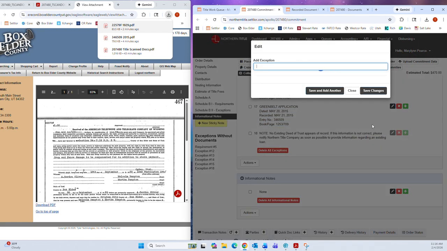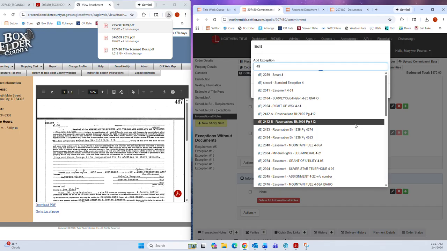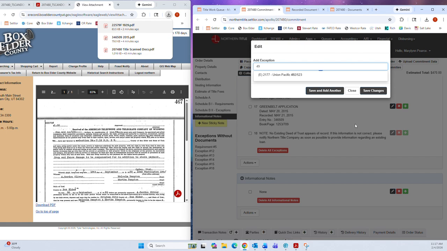Also, like the utility companies, there are a couple of documents in some of the counties that are recorded on the vast majority of properties in the county. And so they have preset exceptions as well. If there's a document that you see all the time, eventually you might think, hey, I've seen this so many times, I wonder if it has one. And so you can type in there